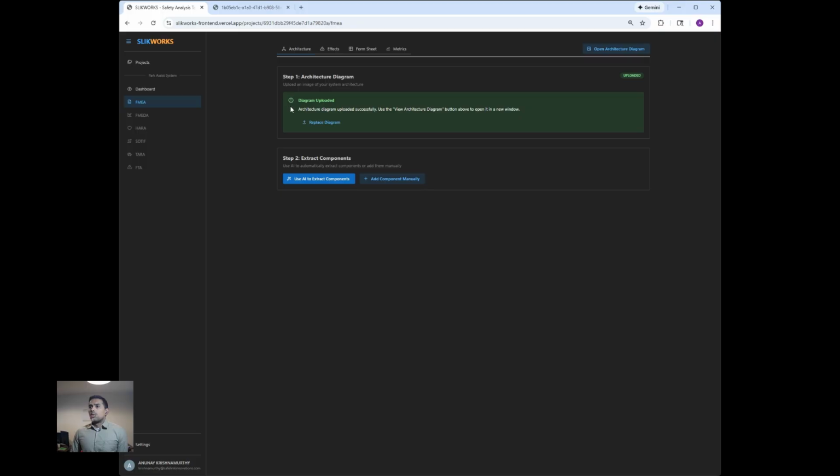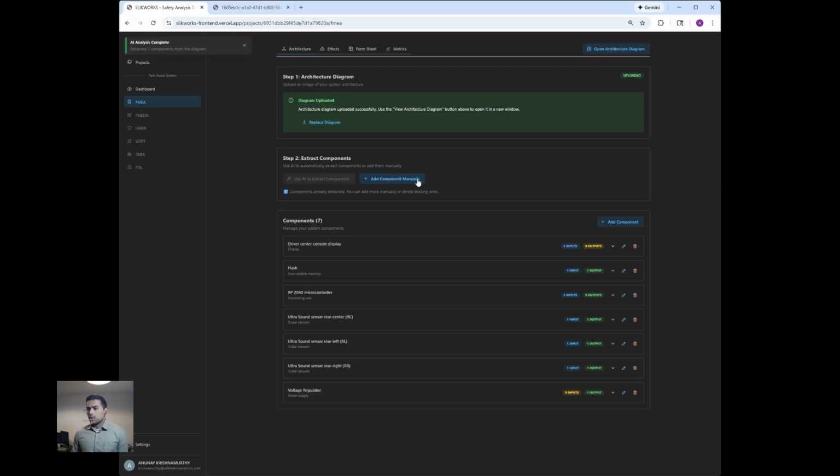Now, once we upload this architecture diagram, we have an image recognition algorithm, which is using state-of-the-art AI image recognition algorithms, and it can extract all the components, the signals, and the types of components. Alternatively, one can also add each component manually, which is possible, but it's easier to add components through this AI feature. So it recognized seven components,